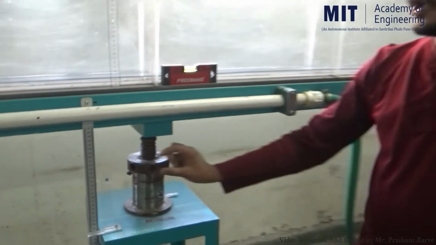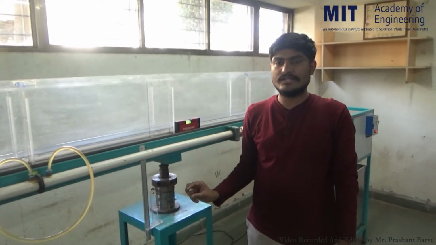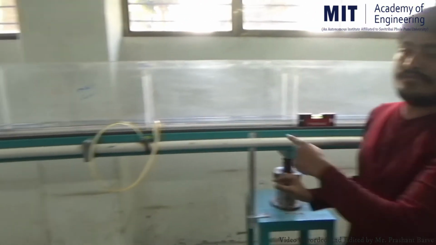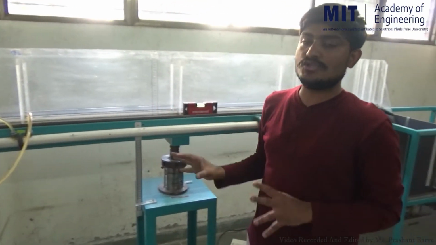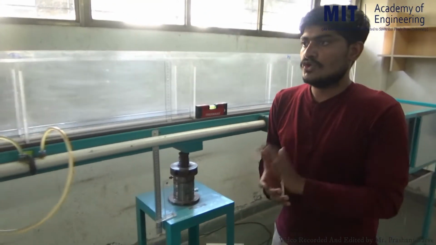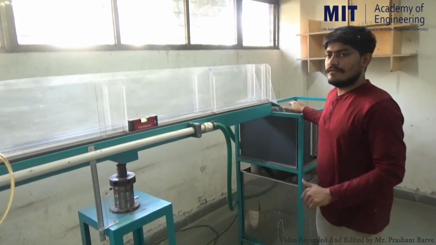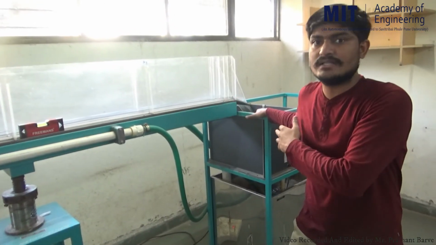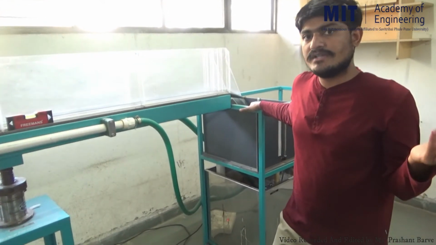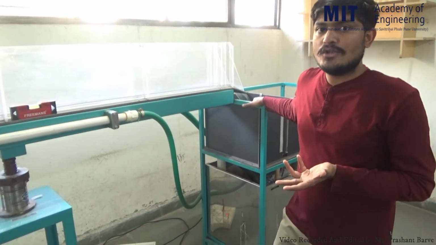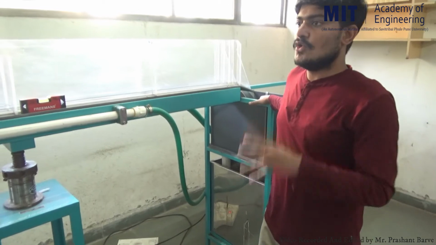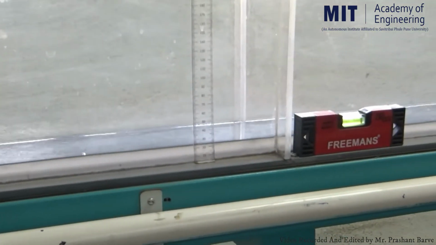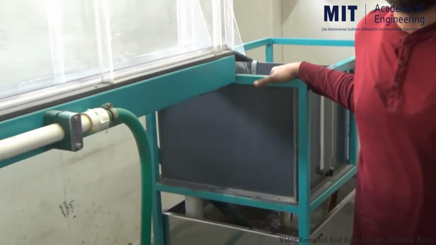So the drop is known, and the length is also known to us, that is 350 centimeters, and the drop is 10 mm. So 10 mm drop in 350 centimeters length. This way you can determine the slope of this channel section. Now the unknown thing is, first of all, the discharge. Following the equations that we have discussed in the theory, you can easily determine the value. For this experiment, we only have to observe the depth of flow, and another observation is the actual discharge flowing through this channel by using the measuring tank.